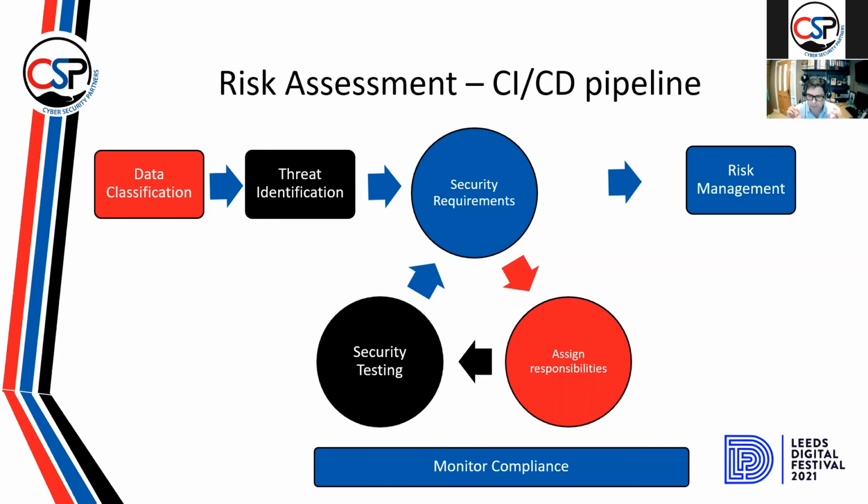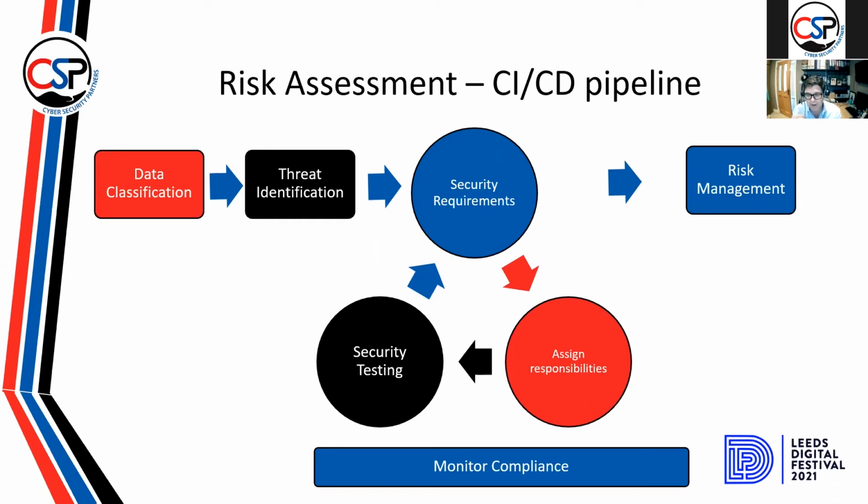So the box I've got there at the bottom is the compliance, because we are delegating those responsibilities to the developers, to the Scrum Master, to the individuals on the team, to prevent us actually getting in the way of their sprint and impacting their timeframes. We just want to ensure that we've got a checklist in place so that we can monitor compliance on an ongoing basis. That will allow us to pick up very quickly if there are any issues relating to the code, or the fact that they're trying to rush things through.